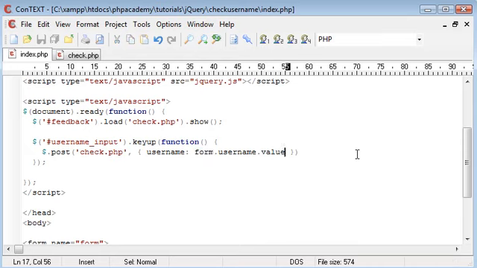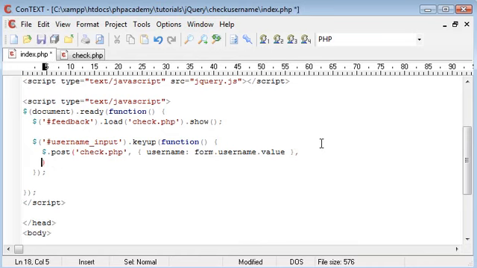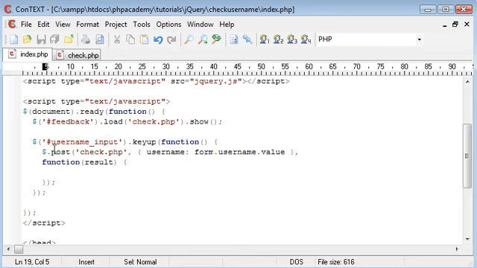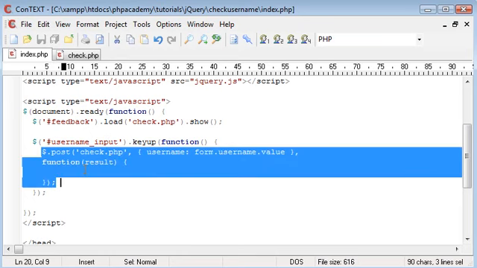So it's pretty simple. The next thing we want to do is after the curly bracket we need another comma, and we're going to come down and we're going to type function, and this time inside the rounded brackets we're going to type result, and this is going to put forward the result that comes from check.php. Okay, so after this we need more curly brackets, and then we're going to end that there. So this in itself is the post function within jQuery,